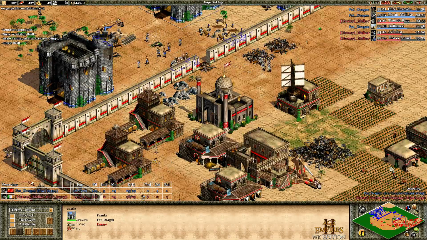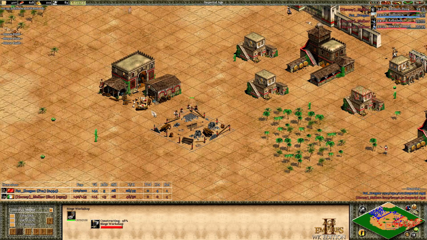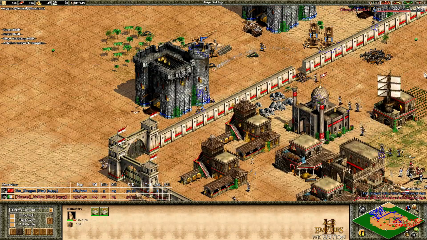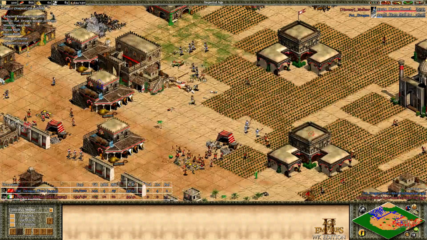Melkor is housed on 135 with 145 population. He doesn't have enough houses, going for take the extra stone here. He lost the castle, double siege workshop on the left, bombard cannon production starting. Arbalest hemi-camels, bombard cannons might be good,